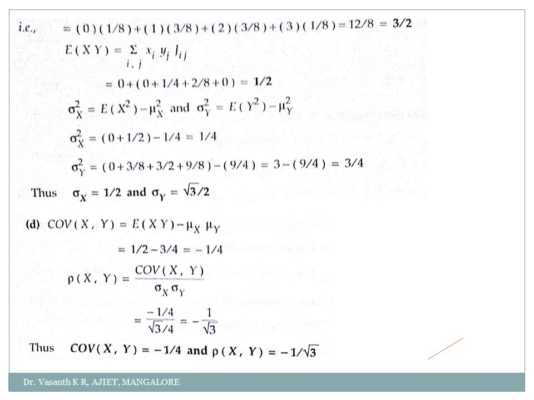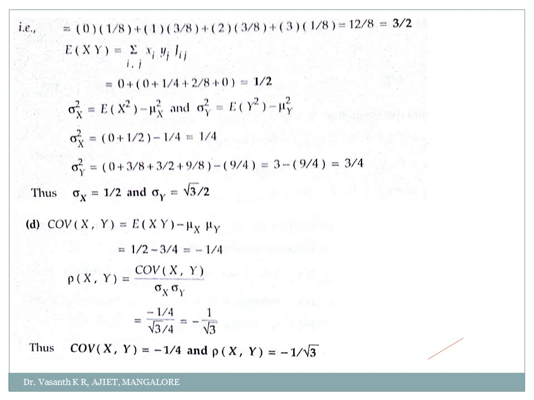The joint probability distribution table for the two random variables x and y are as follows. So x will take the values 1 and 2, y will take the values minus 2, minus 1, 4 and 5. So total joint probability, so probability of 1 comma minus 2 is how much? 0.1. Probability of 1 comma minus 1 is 0.2. Probability of 1 comma 4 is 0. Probability of 1 comma 5 is 0.3. Similarly, probability of 2 comma minus 2 is 0.2. 2 comma minus 1 is 0.1 and so on.